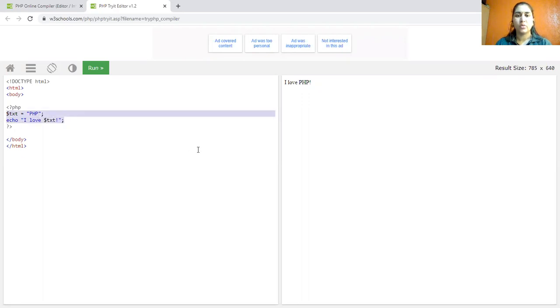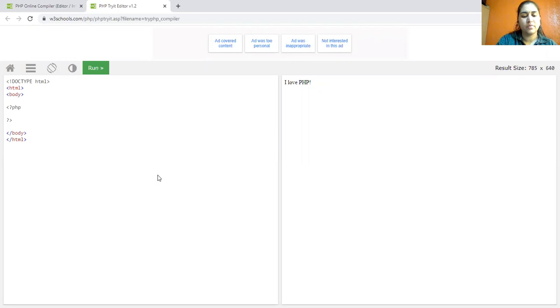So how to create a string in PHP? Many ways are there. Basically, five types of strings are supported in PHP. First of all, we will create them one by one. I'm going to create the string variable. Every variable in PHP is declared with the dollar sign.